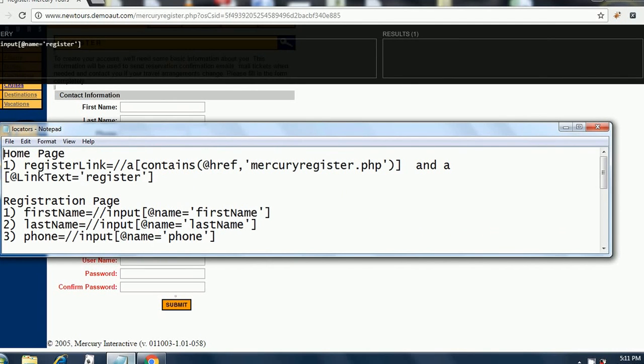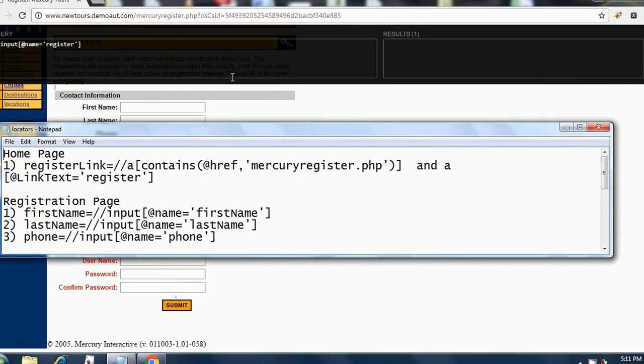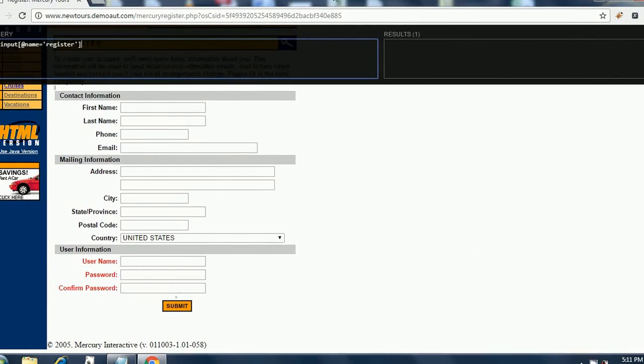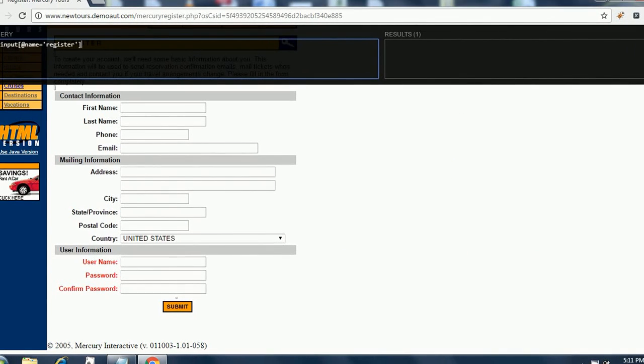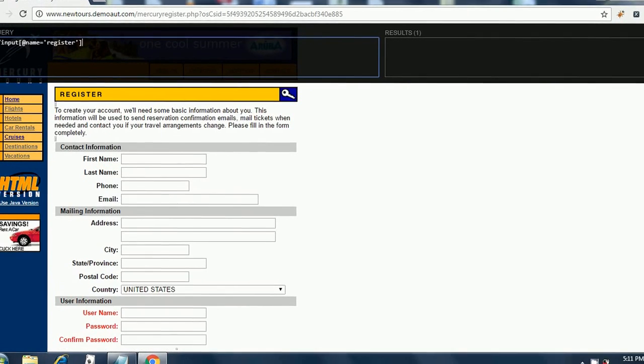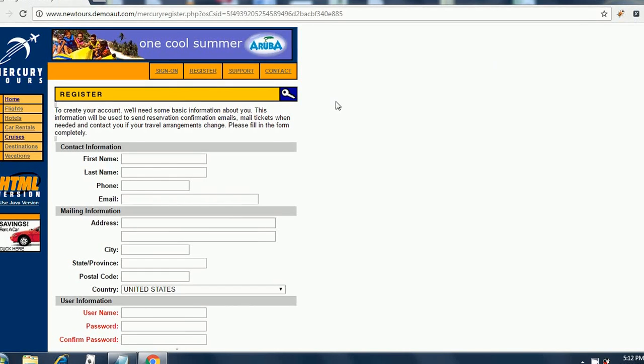Now we will move on to the home page. In this scenario we are just clicking the register link on the home page and then it navigates to the register page, then after registration it goes to the confirm registration page. So I am closing this XPath for the time being in order to navigate to the home page.